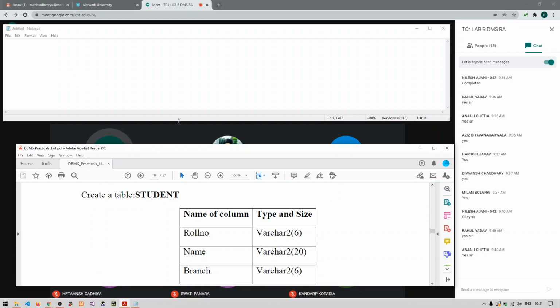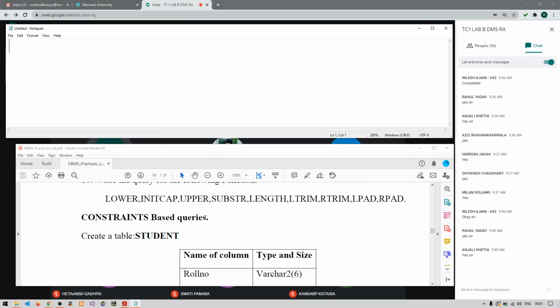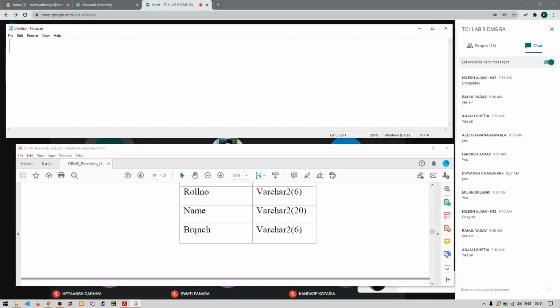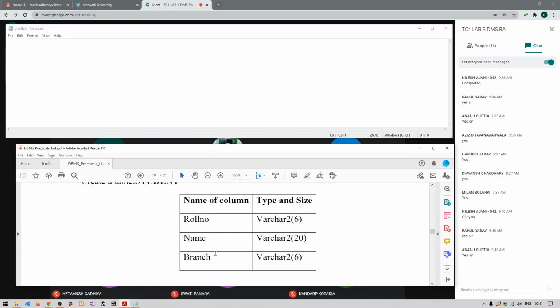No need of Apex right now. I will just execute it here and you will be able to execute on your own. Right, so the first table that we want to create is student. These are a few of the columns that a student table has: address, branch, name and roll number.